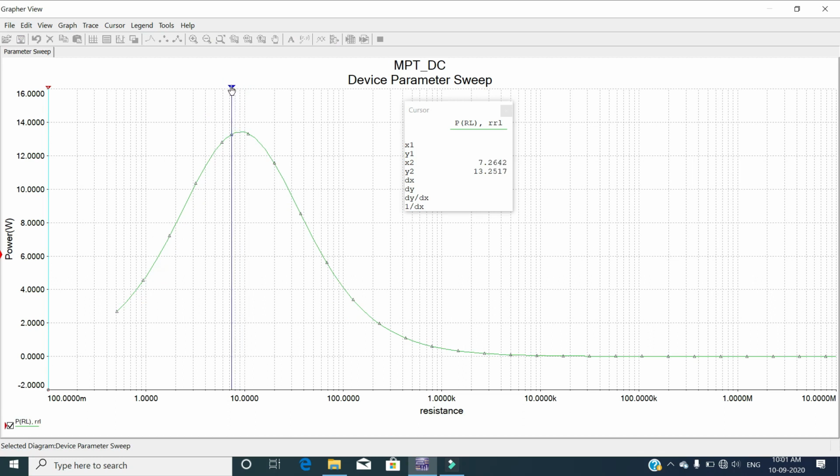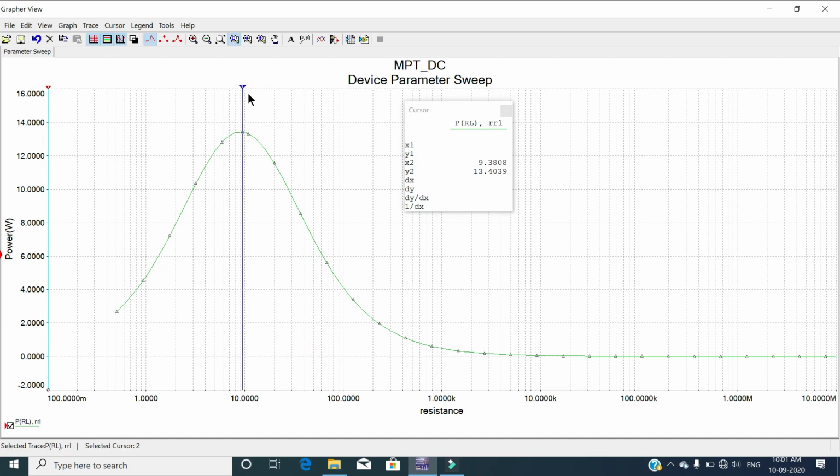So you can notice that your Y2 value decreases, and as I move this cursor from the peak point towards the right, your Y2 value decreases. Now I want to set this cursor so that your Y2 is a maximum one, so that we can get the maximum power that is being delivered to the load.